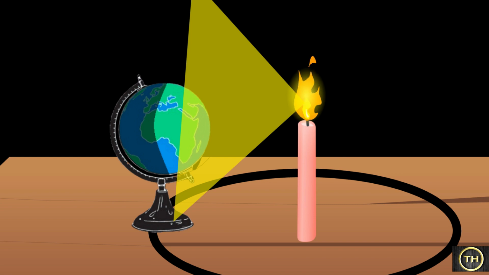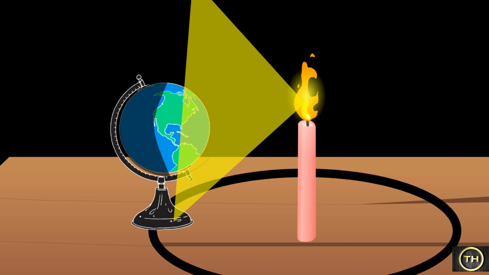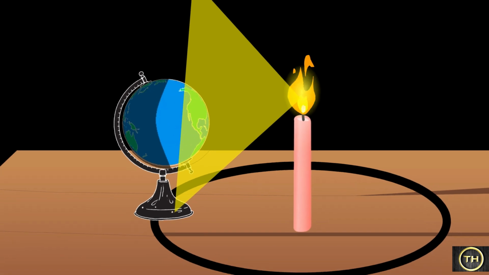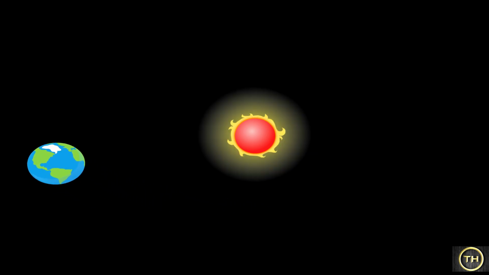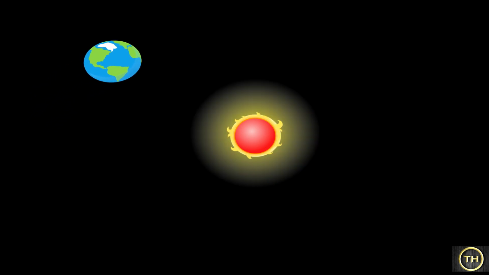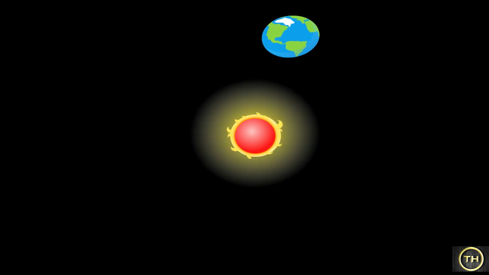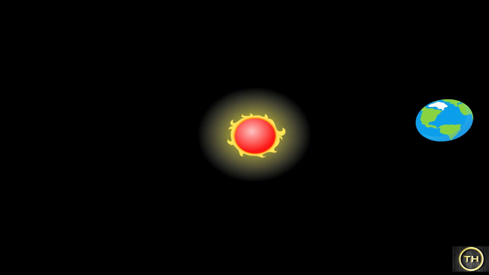Now looking at the globe from the direction of the North Pole, turn it anti-clockwise. This is how the Earth rotates. That is, it rotates from west to east. From the activity, we learned that as the Earth rotates, its different parts come into the light of the sun, one after the other, and turn away from it in the same order.